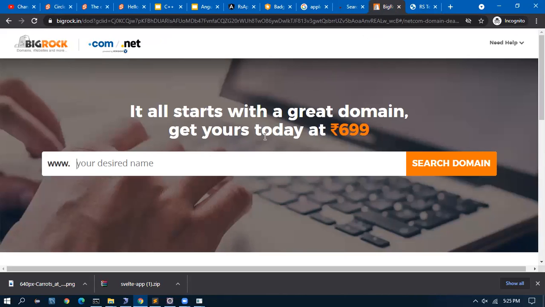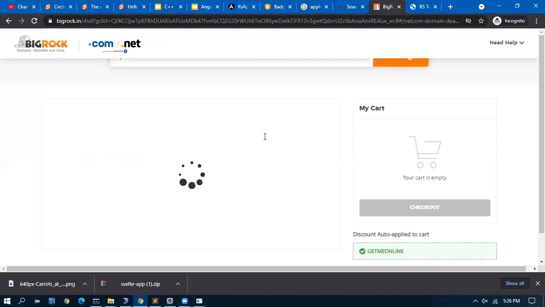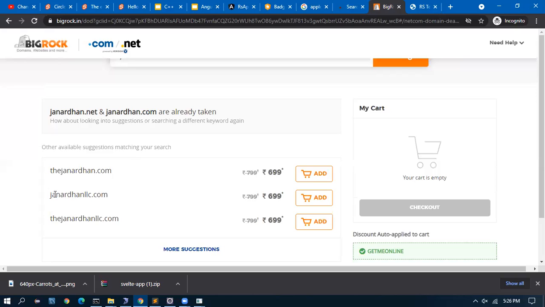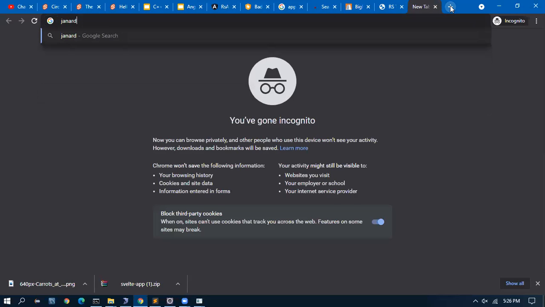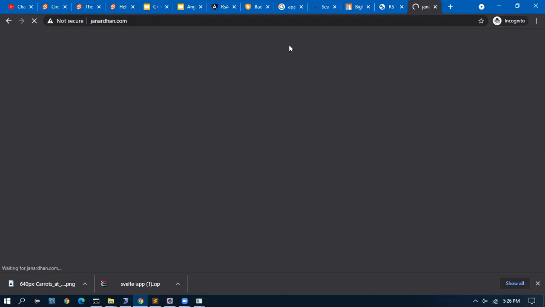So let us say you want to purchase janadan.com. If it is available, this will show. Okay, it is not available. Only these are available. That is already taken. Someone has used it, which means if you go here and type it, there is a site.